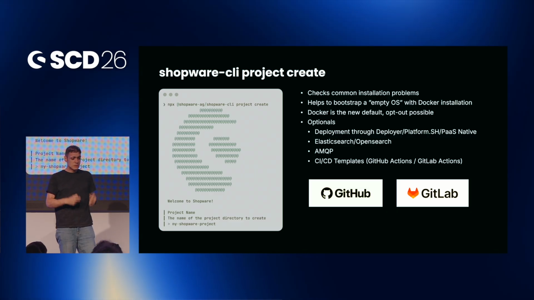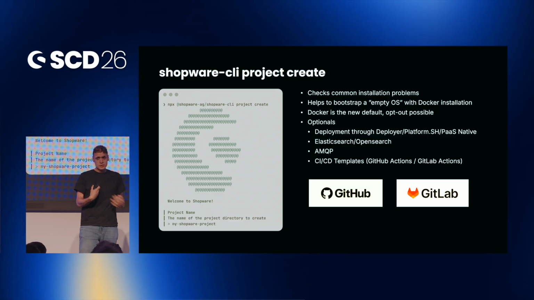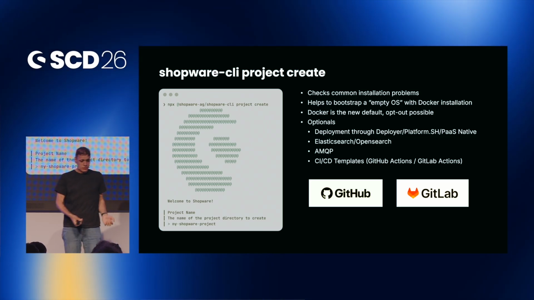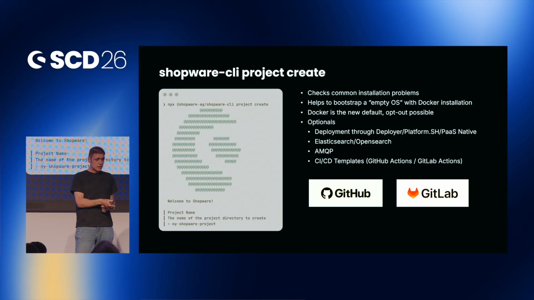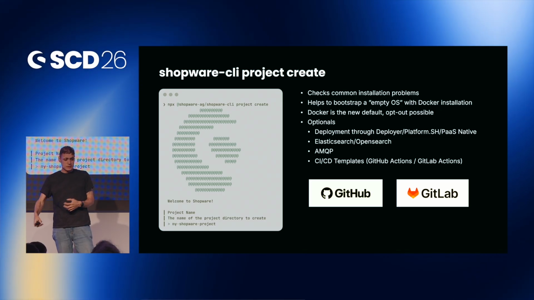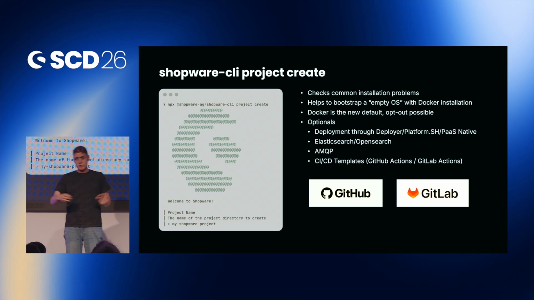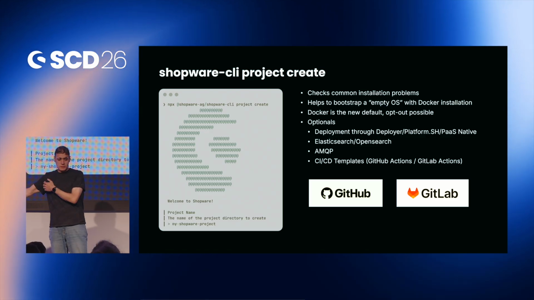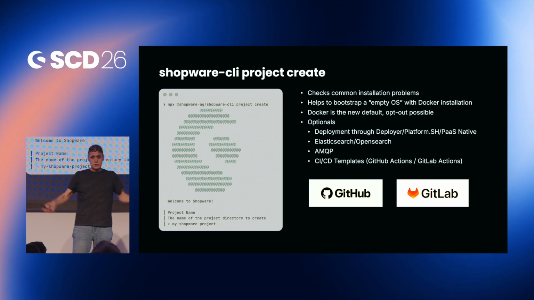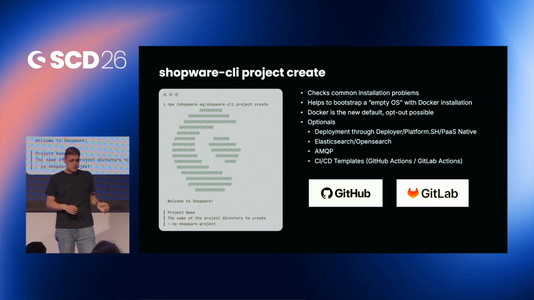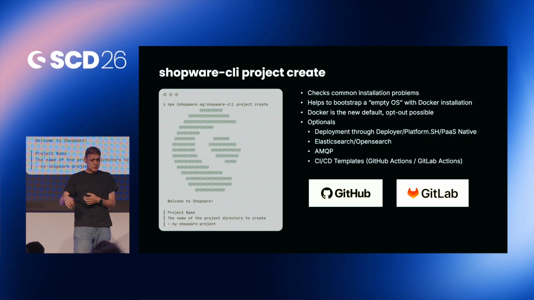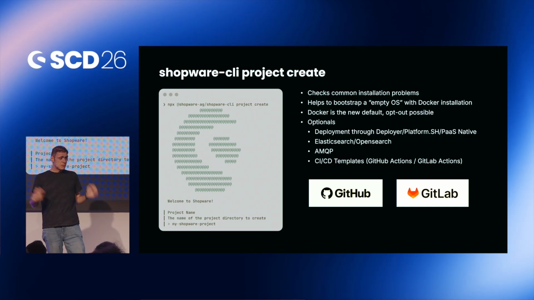At the same time, we added a lot of optional things which you may need locally when you create a new project. So we have added deployment templates, so you can choose between Deployer, which is more common when you use SSH deployments, or Platform.sh, which is now Upsun, or our PaaS native, so you get the deployment already configured. Also, you can choose if you want to have OpenSearch or Elasticsearch, AMQP,